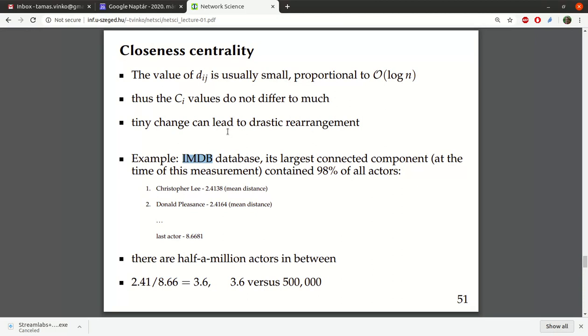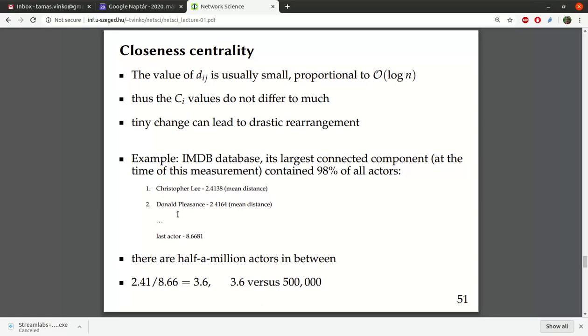We don't count it. We can do it in a weighted way, of course, but I think in this experiment it wasn't done. And it turns out that if we do so and measure the closeness centrality values of the actors, then what we are getting is